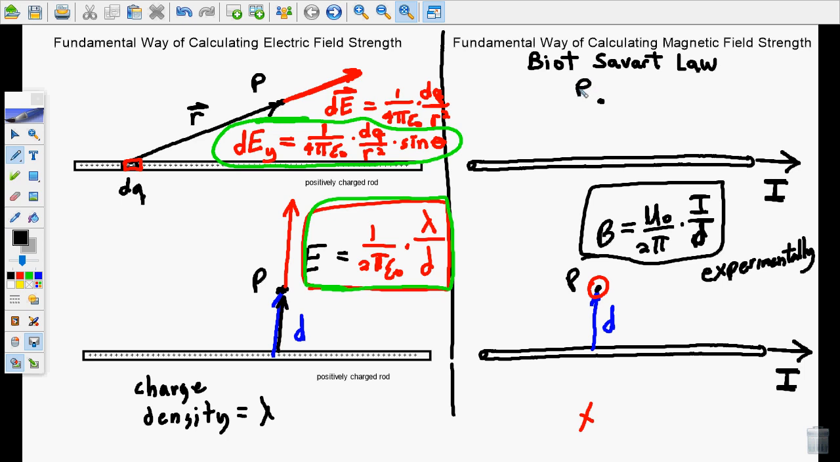for the magnetic field not due to the whole shebang current, but just due to a little tiny piece of current? Like over here, we did it for a little tiny piece of charge, dq. Biot-Savart said, what if we break this long current up into little baby current elements? Now, what is a little baby current element? Well, Biot-Savart said that a little current element